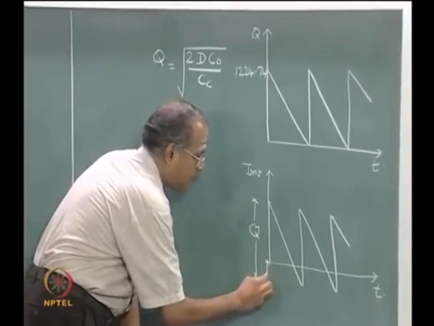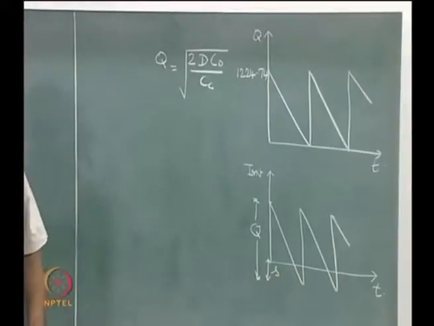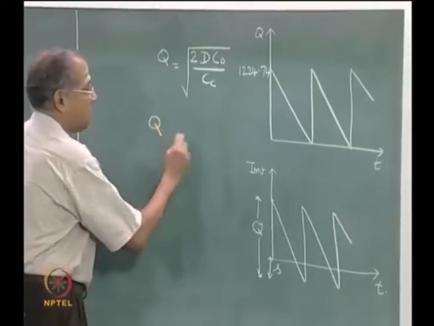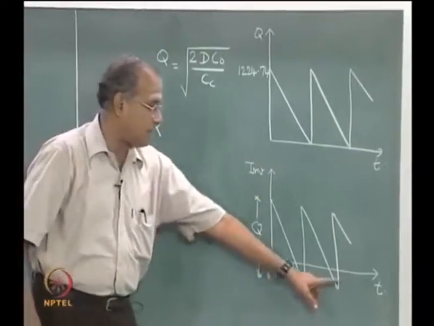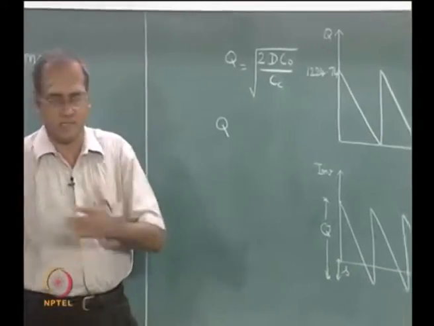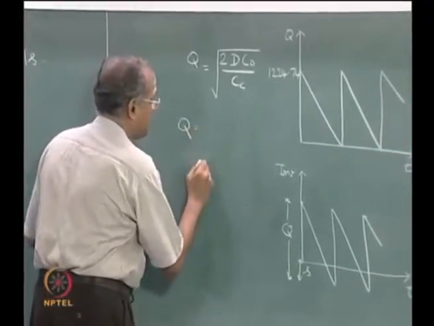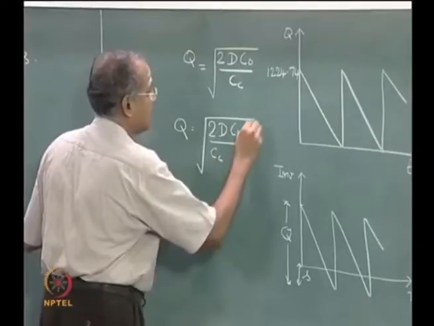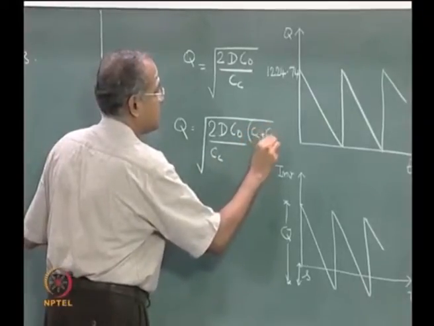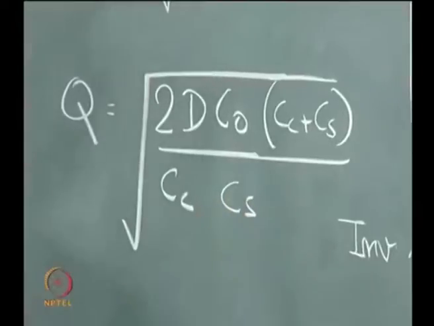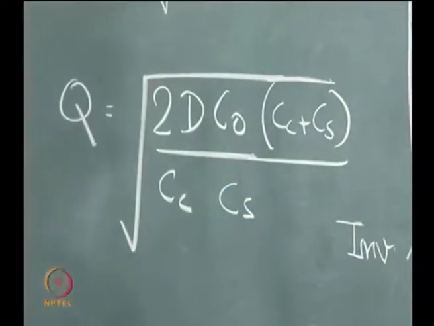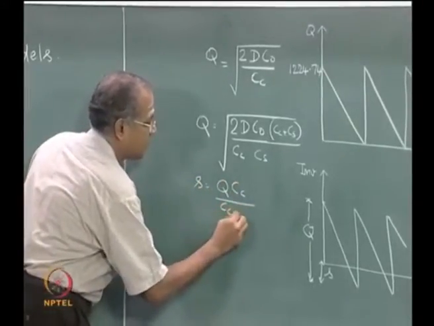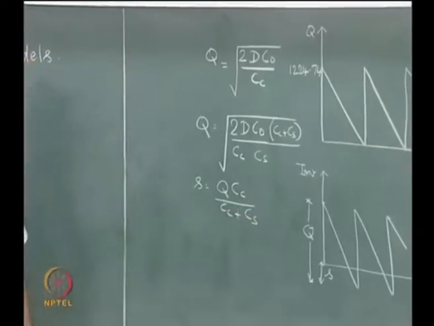and then there is a back ordered quantity which is called S. There are two variables, and then the formula for economic order quantity Q under the assumption of back ordering with the back order cost of C S is given by Q is equal to root over 2 D C naught by C C into C C plus C S divided by C S, and S, which is the back order level, is given by Q C C by C C plus C S.